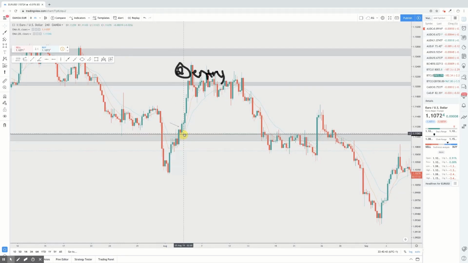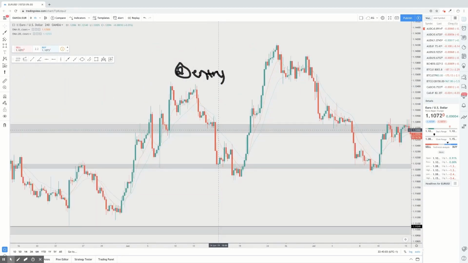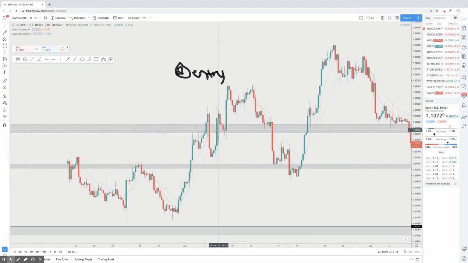We have some indecision, okay? And now price is moving up. When we're moving down, you'll notice that the exponential moving average, right? The blue, which is our 20, is on the outside, okay? When we're going up, so when we're in an uptrend, let's get a nice solid uptrend